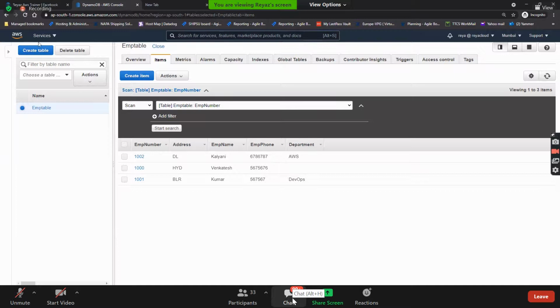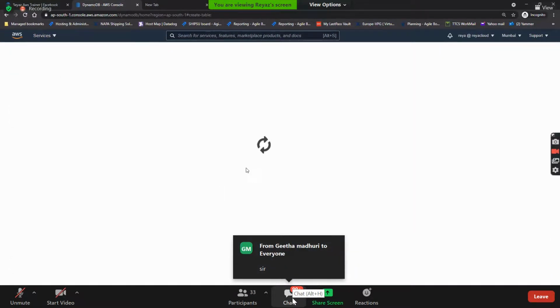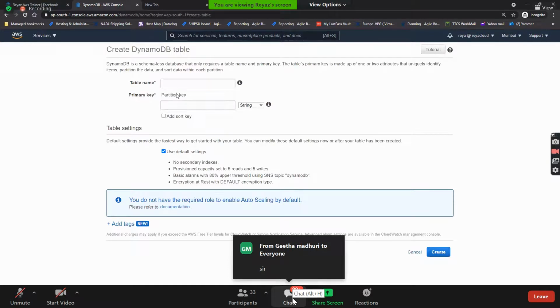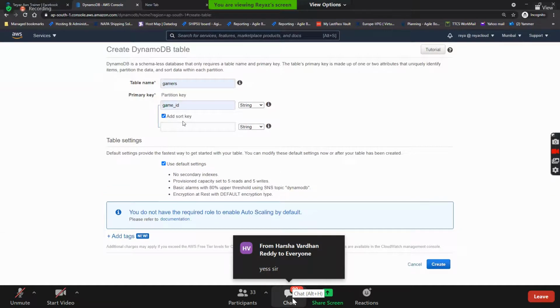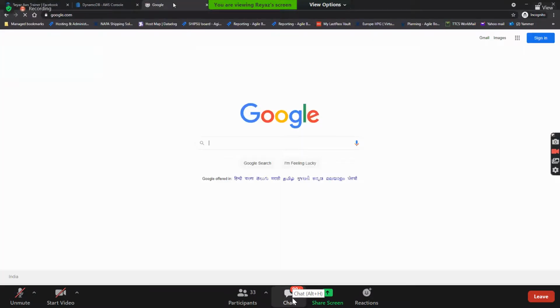So should we go and create one more table? This time, I'll create a table called gamers, right? And then the primary key is game ID, right? And then I'll be adding a sort key now, and I'll go with the game status. Good question, Bharat. In case of huge data, you should not be doing it manually. I'm showing it manually, but if you want to do that,